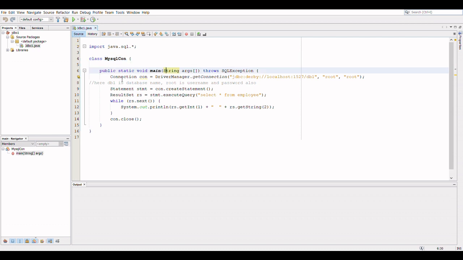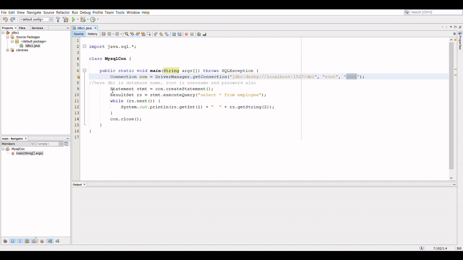In the main function, the first step is to create our connection object with the help of the DriverManager class and the getConnection method. Then here is the URL of the database, where db1 is the name of the database, root is the username, and this root is the password.